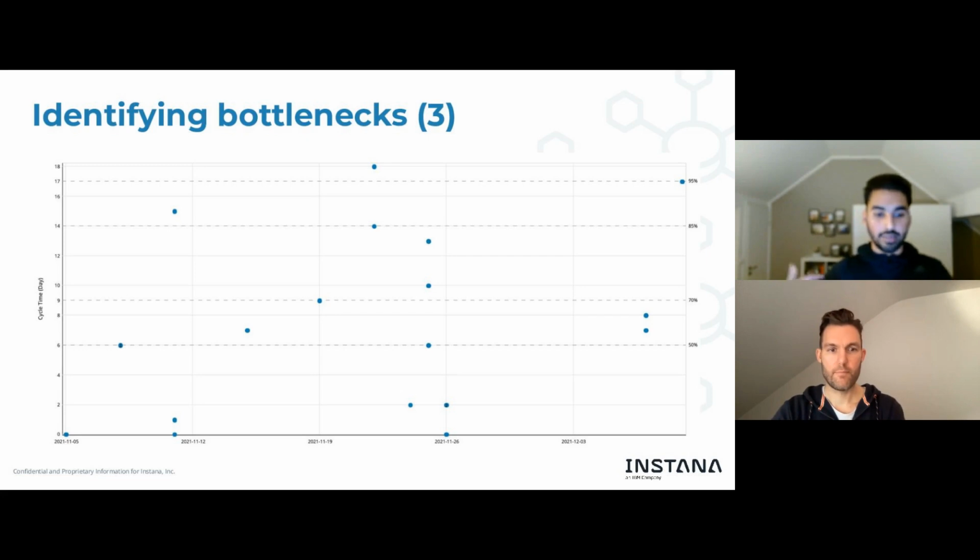So then it's easier to figure out where those bottlenecks are, and it's easier to actually derive actions from these reviews. And one of the immediate actions could be to go to the next engineering management person and say, hey, we need to hire more people in QA, or I don't know.